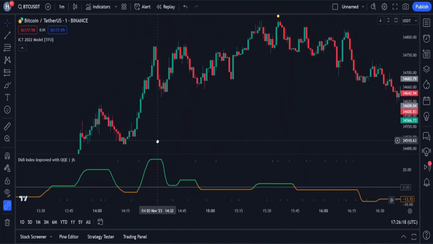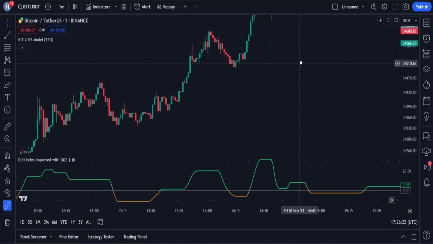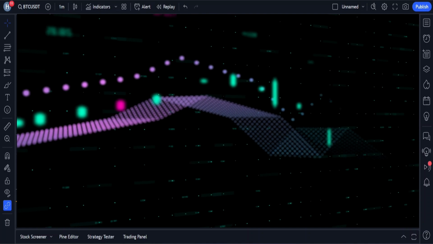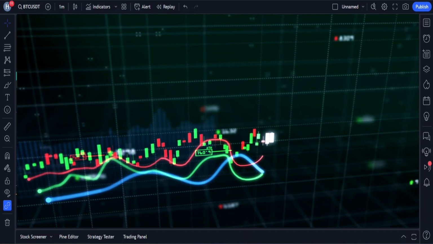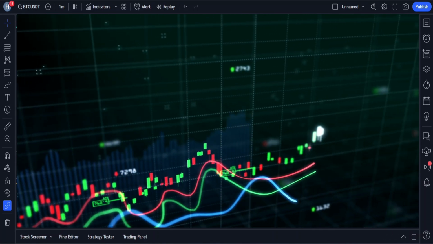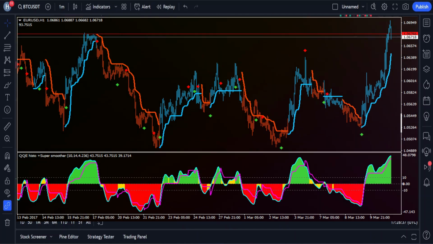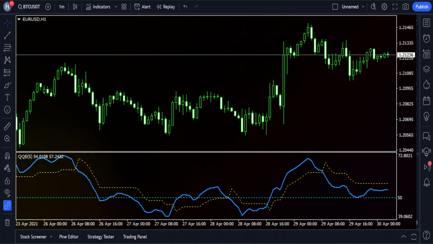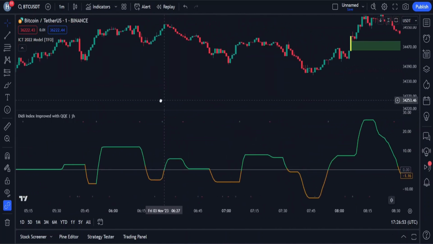This indicator consists of the combination of 2 well-known and tested indicators in the trading world. For those who don't know, the DD Index is a powerful indicator used to trade in trending markets and to determine market reversals. And the QQE indicator is a momentum indicator used to detect the trend in a sideways market. It is similar to the RSI indicator, but with 2 additional volatility-based trailing stop lines. So this indicator consists of a simple DD Index indicator, which is enhanced by adding an additional signal line calculated